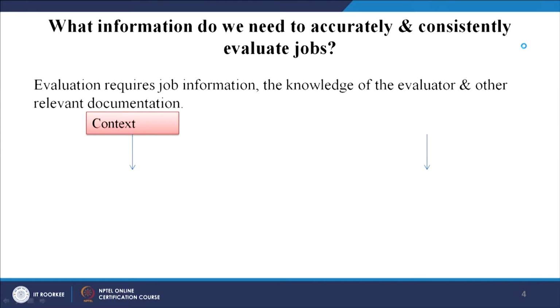The knowledge of the evaluator, that is the person who is evaluating that particular job, matters: how much experience and awareness he has of that job. A person from a cross field may not necessarily be equally good. A person with specialization and expertise is definitely more competent to evaluate that job. For this purpose there will be logbooks, the HR manual, and appraisal reports; all these will create the information about that particular job.